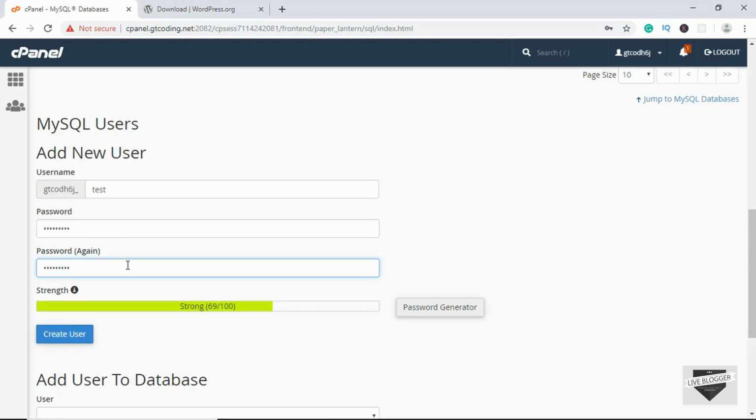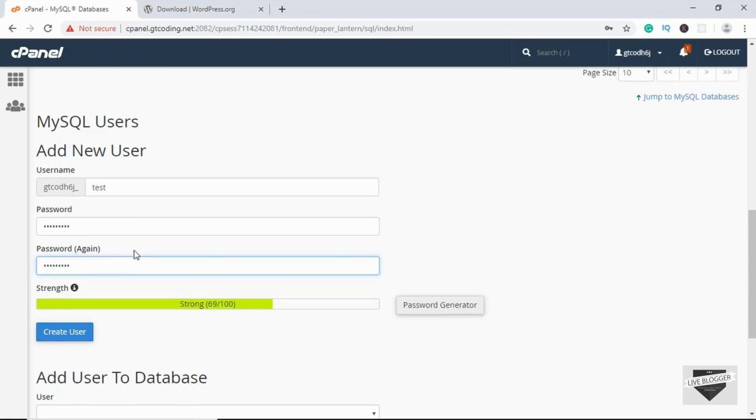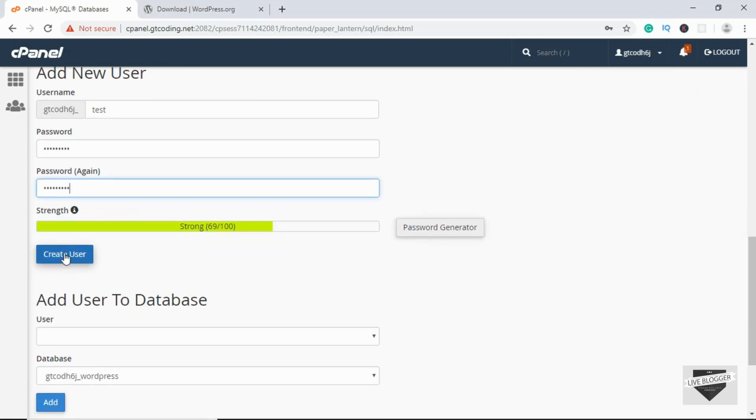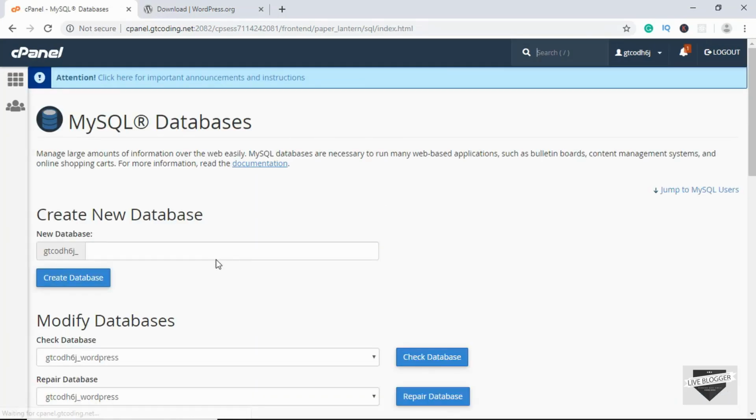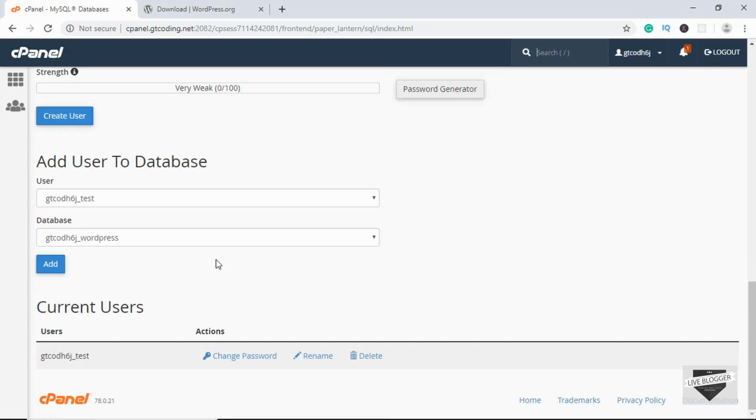You should give a strong password for your user, but for now we just keep it simple, and then click on create user. Now our user has been created. Now just click on go back, and the last thing we need to do over here is to add the user to the database. So this is our user test, and this is our database. So just click on add,